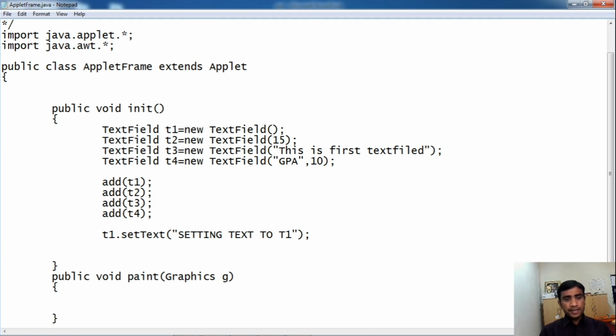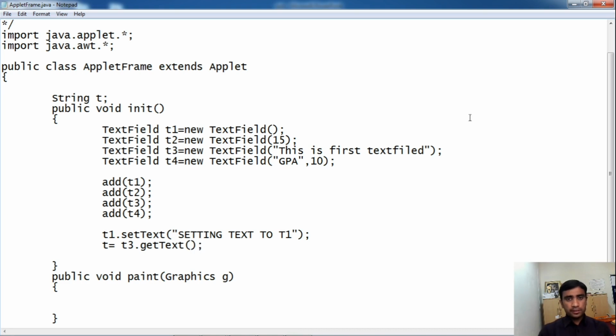The second method we will use is getText. With getText, we will retrieve text from text field T3. So I will write here t = t3.getText in brackets, nothing.